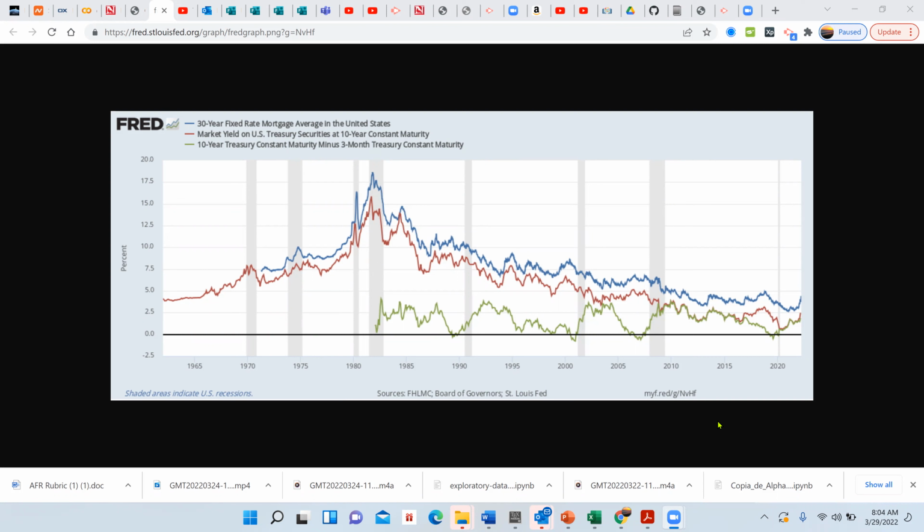Puzzle. Now that's the puzzle. I'm going to start this off with a big puzzle. We're going to try to peel it back and solve this puzzle, all right? So do you all have the puzzle in mind? What I'm saying? That right before the recession, the 3-month is paying higher interest than the 10-year.